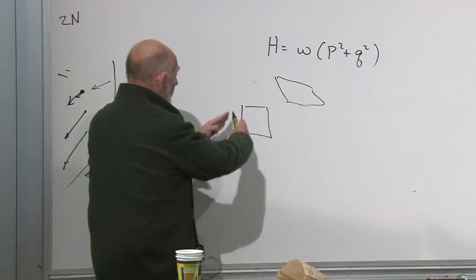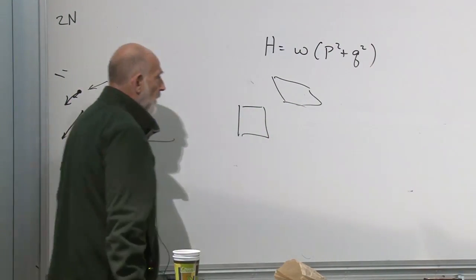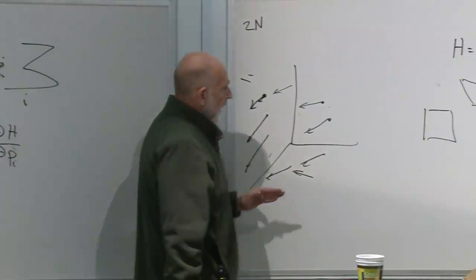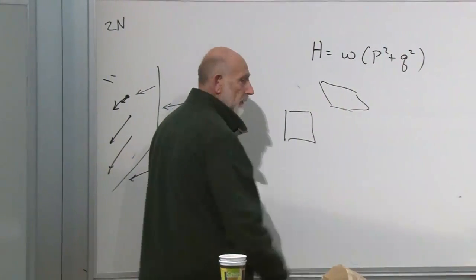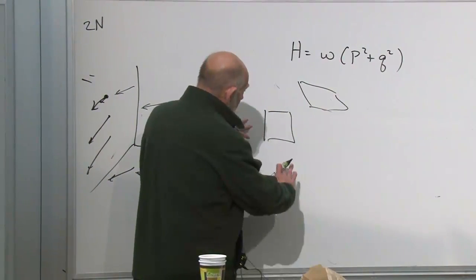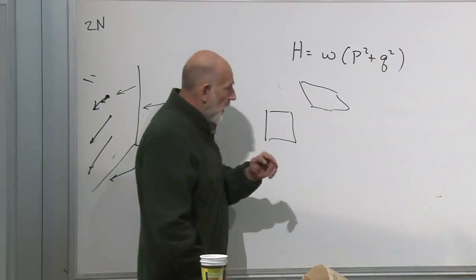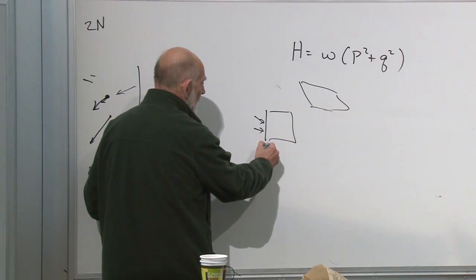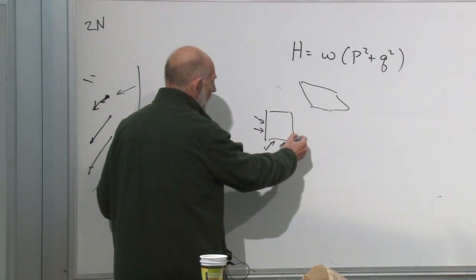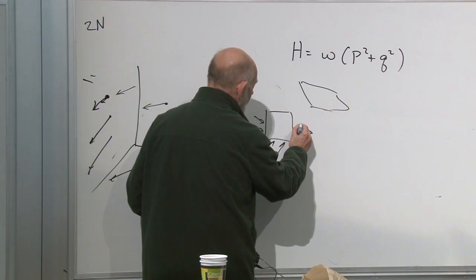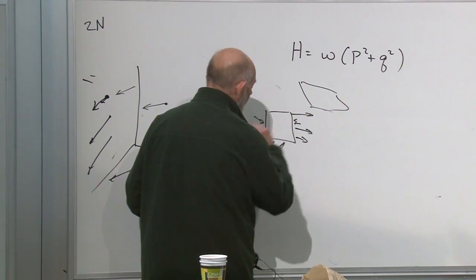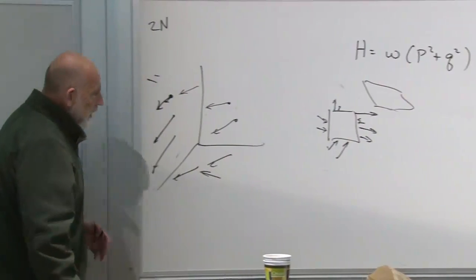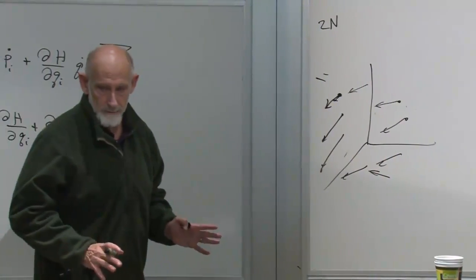Or we can stand still and focus on a box here, and the condition of incompressibility is that as much fluid, volume of fluid, flows into this region in a small interval of time as flows out. For example, it might be flowing in over here and flowing out over here. Might even be flowing in over here, but then it better flow out over here, and so forth. That as much flows in as flows out.